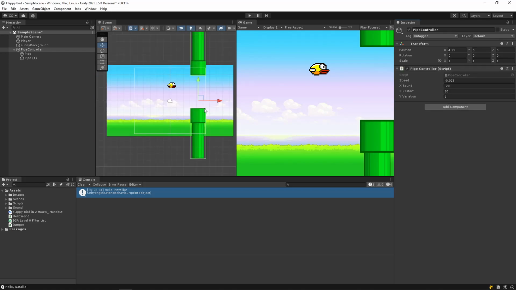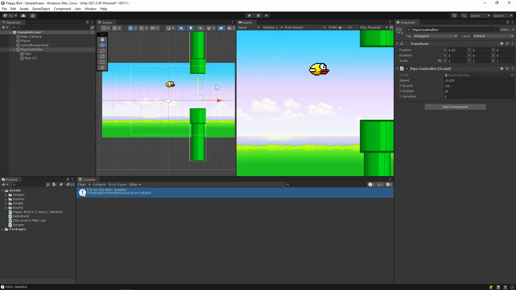It will make it so that it moves to the left at a certain speed, and it will also make it so that it is randomly up or down. It makes it so that there's a bit of variance. And it also makes it so that whenever the pipe controller moves too far to the left, it will jump over to the right. So if I was to click play on this as an example,